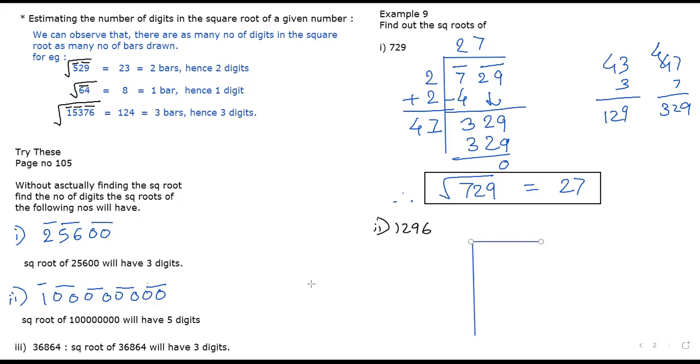Sir, make 2 groups of 9, 6 and 12. Correct. Then, as 12 is not a perfect square, what should I take? 3 3s are 9. Correct. Remainder is 3.